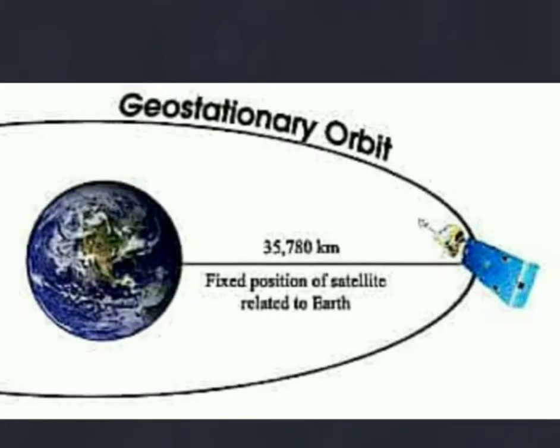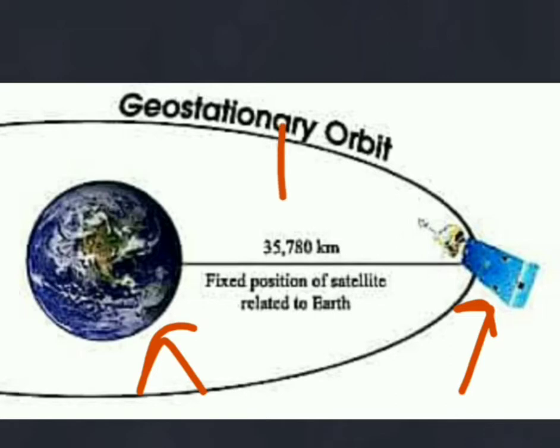So on your screen we have Earth and we have placed a satellite at some position from the Earth. Since we know Earth is rotating all the time and it completes one rotation in 24 hours, the satellite is also rotating around the Earth. So it will take some time in completing one path around the Earth, and this depends on at what height you have placed the satellite above the surface of the Earth. Now, we know that there is a relationship between the height and the time period of a satellite.